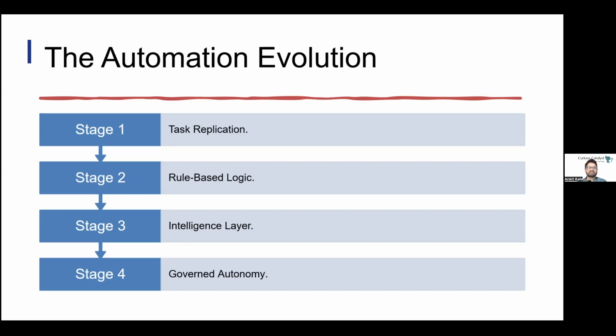The system can act on its own, but within boundaries you define. It flags exceptions instead of breaking them. It escalates instead of guessing. But if you notice, it is still governed. We are not removing humans from the loop. We are removing them from the repetitive part of the process. That is why AI powered automation is what unsticks you from stage three, and it handles the ambiguity while maintaining the governance. And that is what we are building toward.